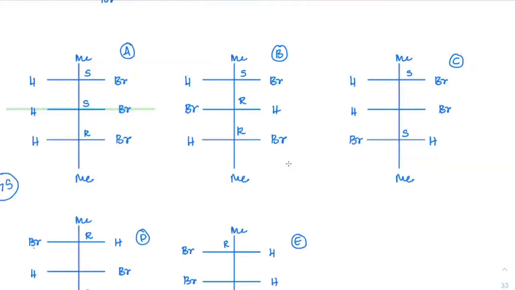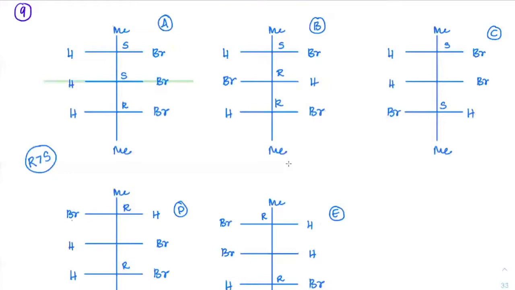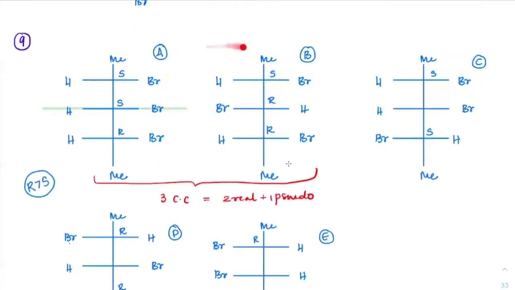Okay, so if this structure is given, if this Fischer projection is mentioned, and you were asked how many chiral centers you have, now you will say there are 3 chiral centers, out of which 2 are real and 1 is pseudo. And how are they related to each other? A and B, are they enantiomers, meso forms? What are they? Diastereomers. Right, they are diastereomers. Very good. So A and B here are diastereomers. Next. All of you got that point?